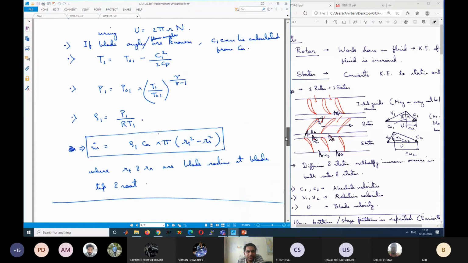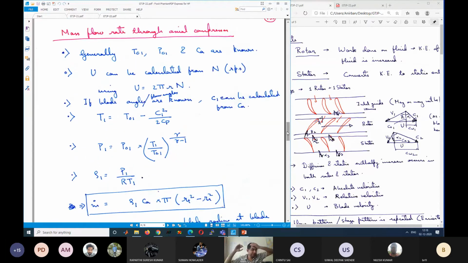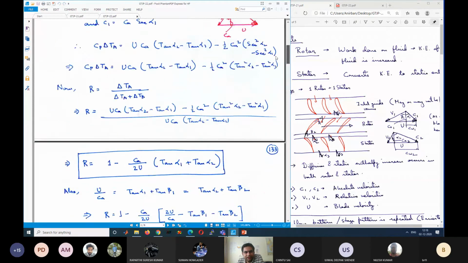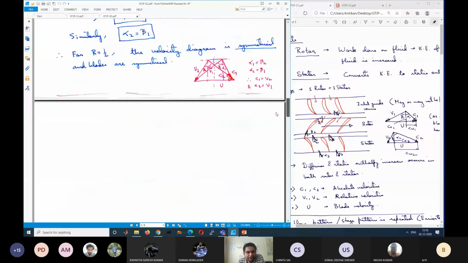So this is about the axial compressor, and about compressors in general. We have two parts in the compressor, centrifugal and axial, and we have gone through all the basics of both: how the blade diagrams and blade velocities look, and how to calculate the most important parameter, which is the rise in pressure, and some additional things like how the inlet flow is calculated for the centrifugal compressor. For the axial compressor, we covered the degree of reaction and other important parameters.